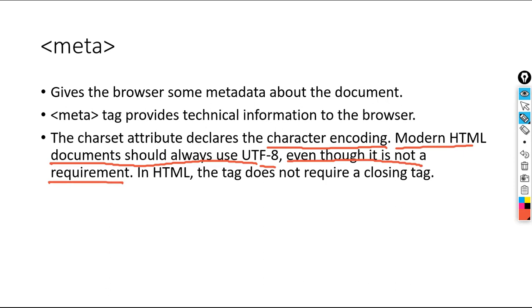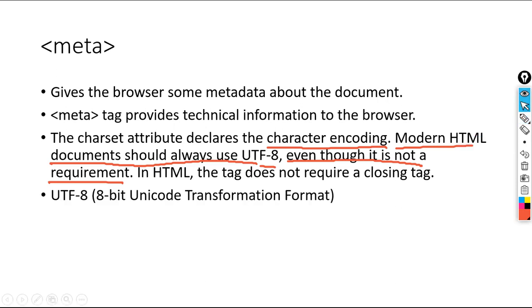But what is UTF-8? That we will understand. Please pay attention. UTF-8 is 8-bit Unicode Transformation Format.